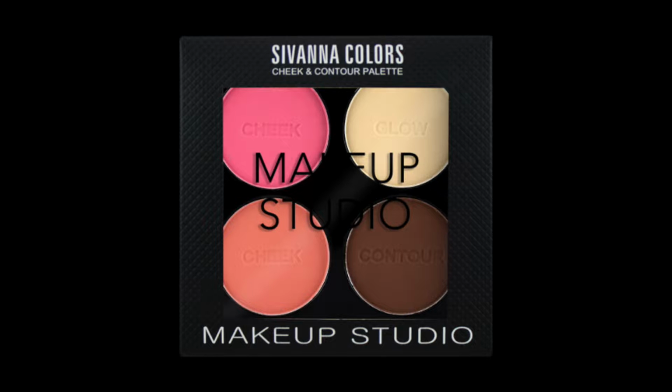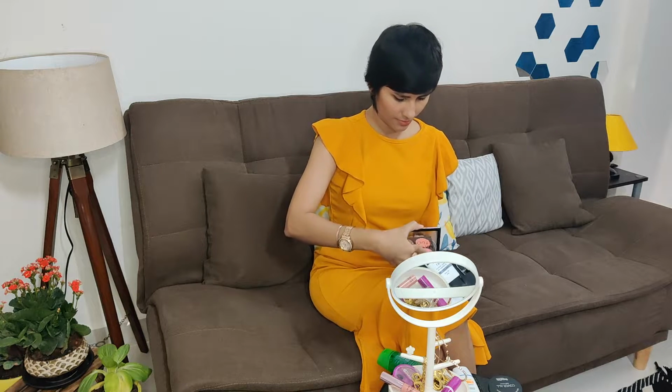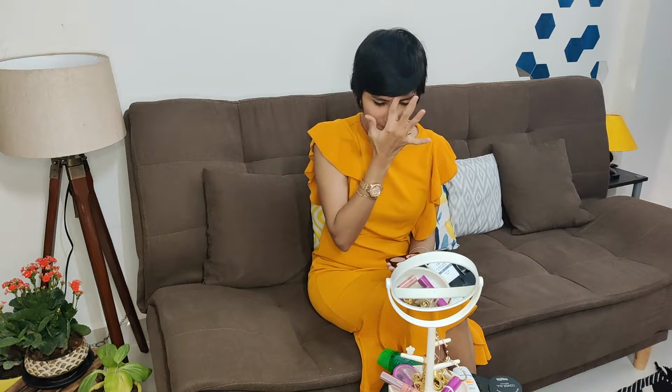Now, we'll just add some glow. For that, I need a highlighter. Here goes the highlighter. I'm just going to use a little bit of glow for my nose. So this is the area where the light hits the face. I'm going to apply it over the blush area